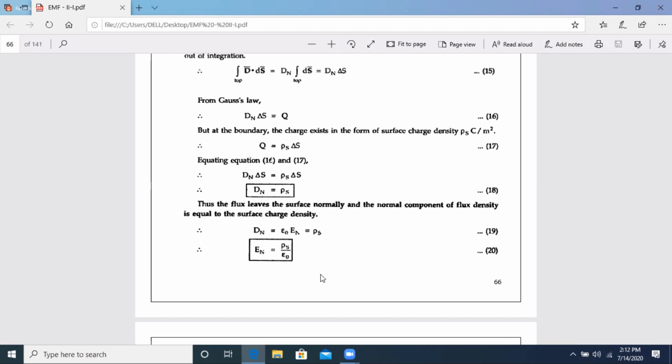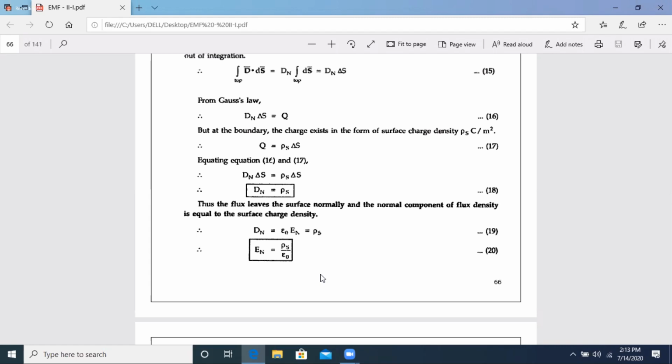D normal 1 equals epsilon R1, the relative permittivity, which is 9, times epsilon naught, because remember, D equals epsilon times E. So epsilon is epsilon naught times epsilon R, the relative permittivity, because epsilon naught is for vacuum. You have that? Yeah. So D normal 1